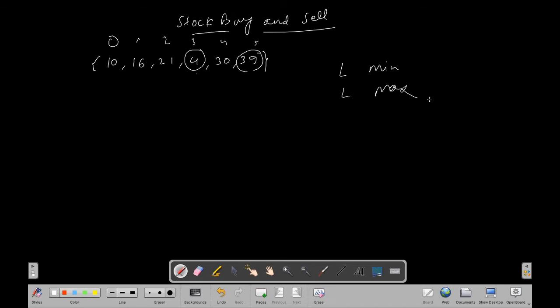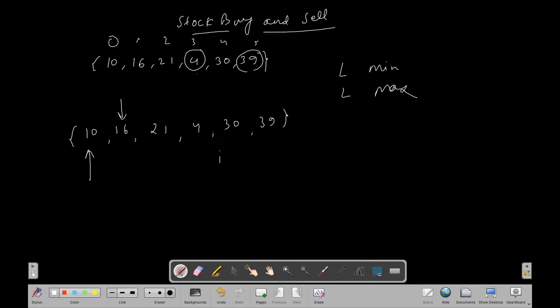So first of all, what are local minima and local maxima? Let me write the array, 10. This is our array. Now what is local minima and what is local maxima? The pointer is here and the very next element is 16.